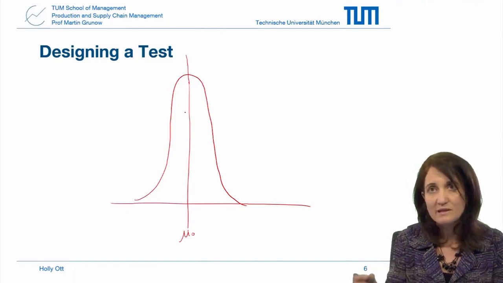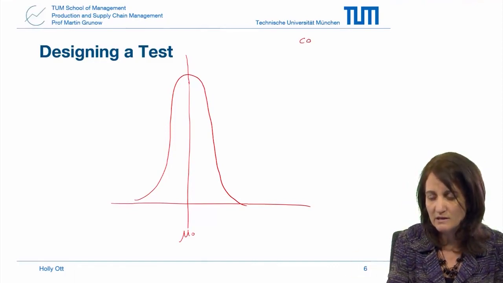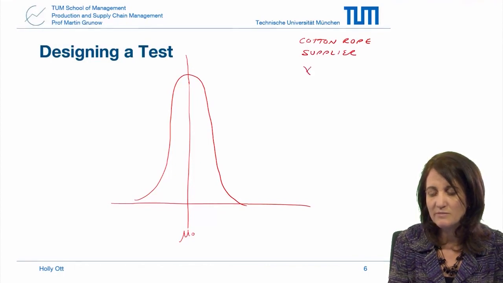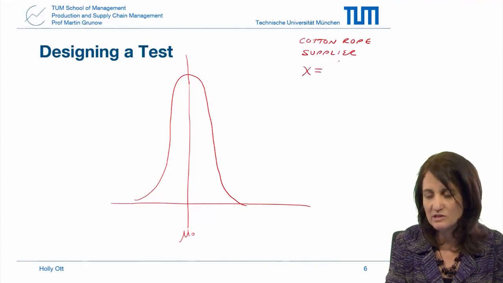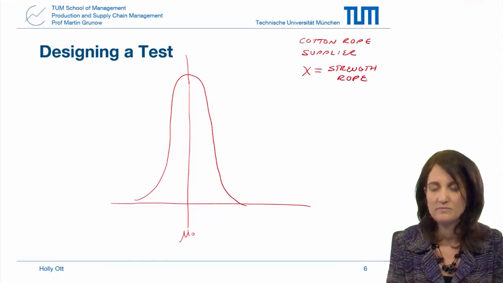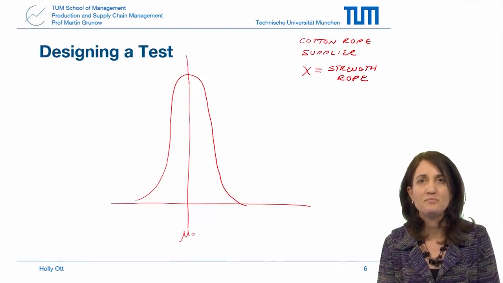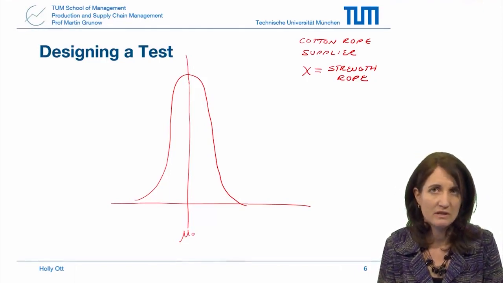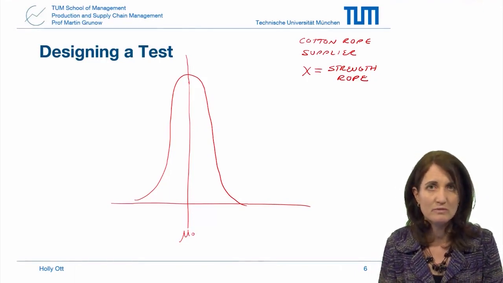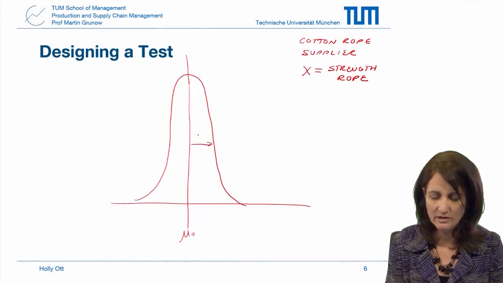Now let's say, for example, that we are a cotton rope supplier, and we have a random variable x, which is the strength of the rope. Okay. Now, given that the strength is a random variable normally distributed with mean mu0 and a standard deviation,